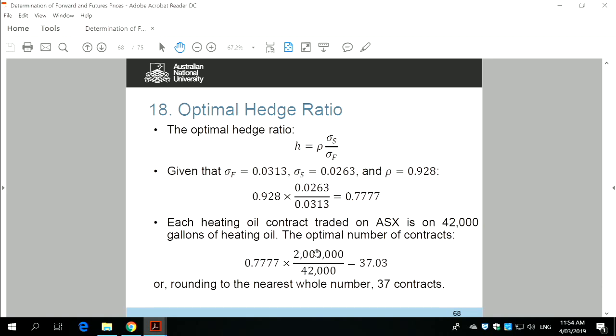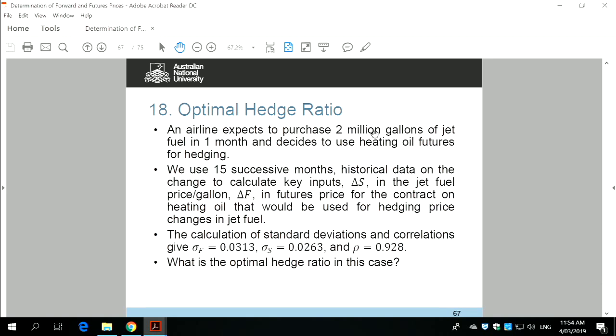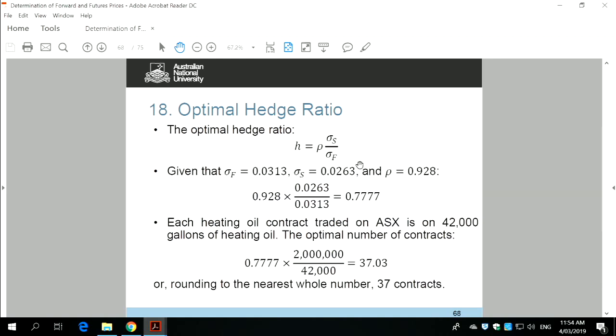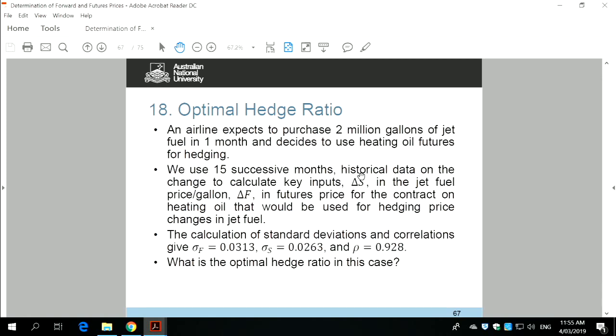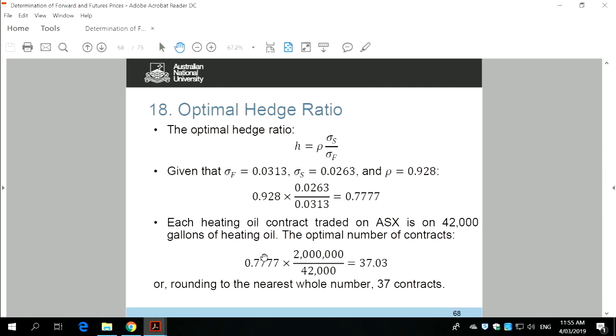Remember, we wish to hedge 2 million gallons of jet fuel. That's our total exposure, and that's how much each contract is covering, 42,000 gallons. You divide by that, but that's not the real number of contracts you need to use. Why? Because heating oil is different from jet fuel, and you have to adjust that by using the hedge ratio that you